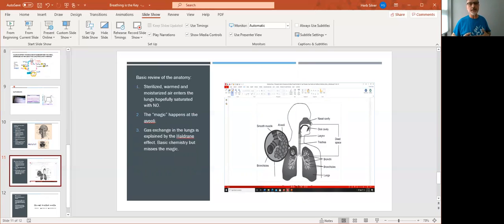And the reason it's magic is because if we can increase our retained carbon dioxide, we can elevate the carbon dioxide in our blood, enhance the release of oxygen going from the red blood cell into the muscle and into the brain, and help our patients with all sorts of chronic issues, as well as this is what a lot of sports performance people are doing. So this covers the whole gamut of enhanced performance, and this is the introductory lecture to the physical program, Breathing is the Key.